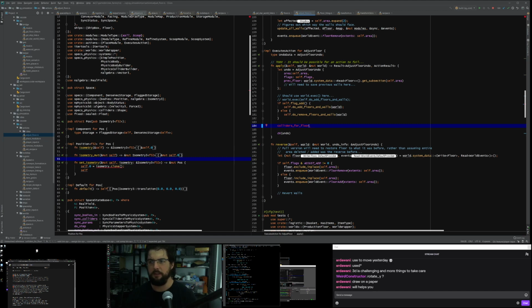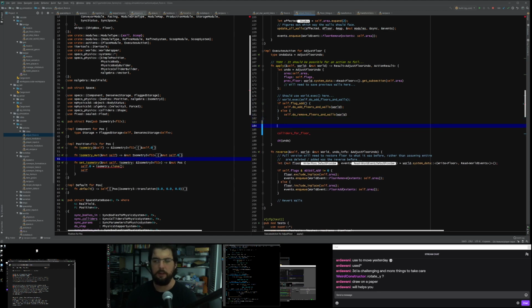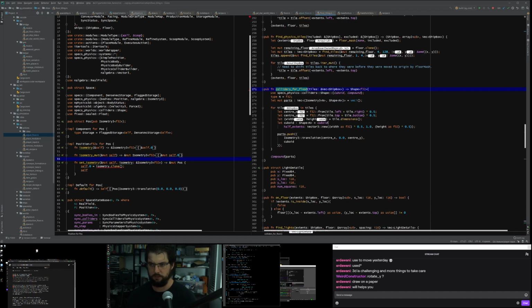What we're dealing with here is an action that has access to the entire world, so it's just fine to use system data to get data. So we're going to need the floor. Here we are getting the things we need. Colliders for floor is going to require a floor, and requires tiles, which is